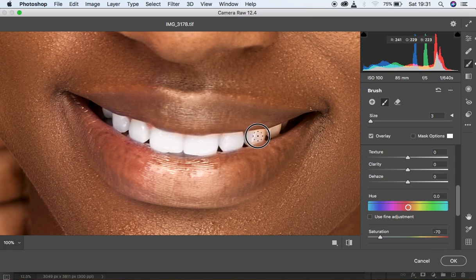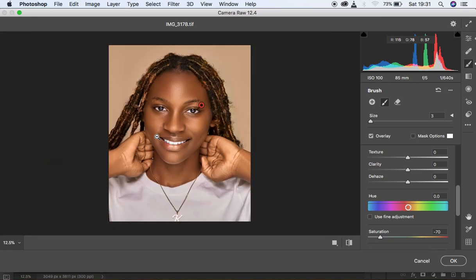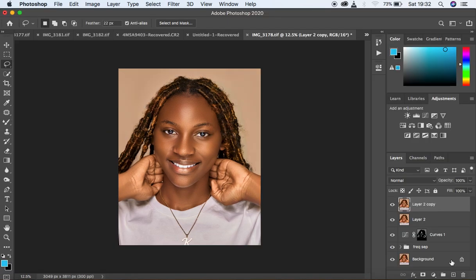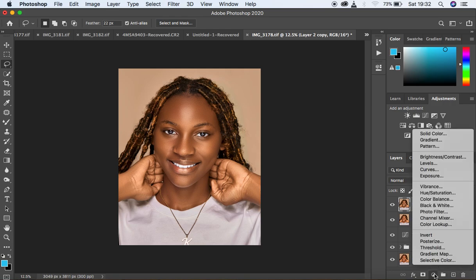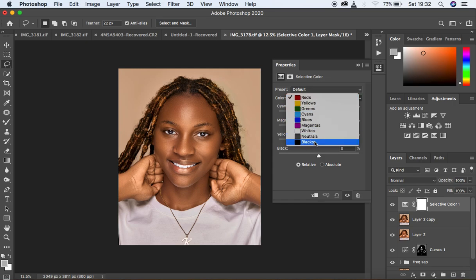I hope you are seeing the results that we are achieving right now while doing the eye and teeth whitening, and we are not yet done with the color grading of this image. Remember, we have to also use selective color to color grade this very image. So let me zoom out, but you can see how the image is really nice and popping. So the before after. So after doing so, I'm going to simply hit OK to open the image for further color grading in Photoshop. So in Photoshop, come to selective color, and you're going to come to the blacks first of all,